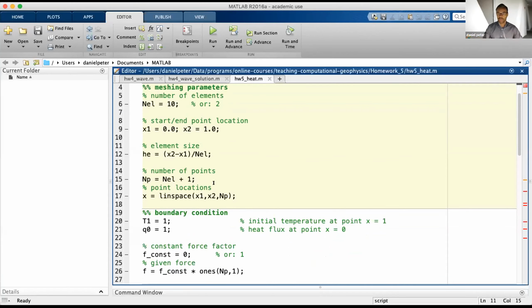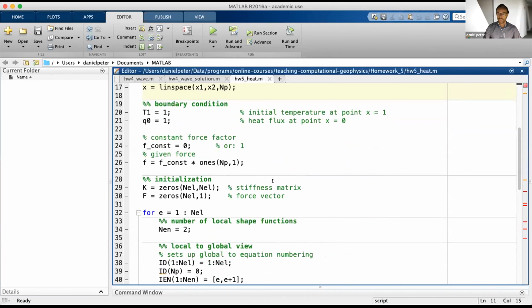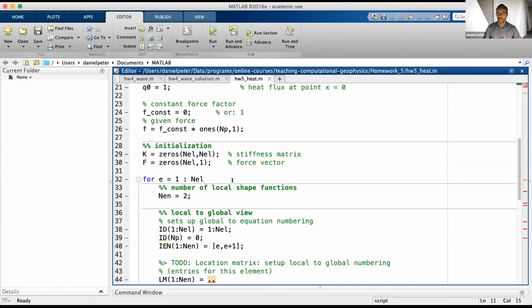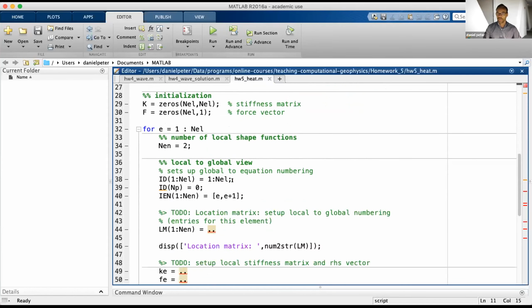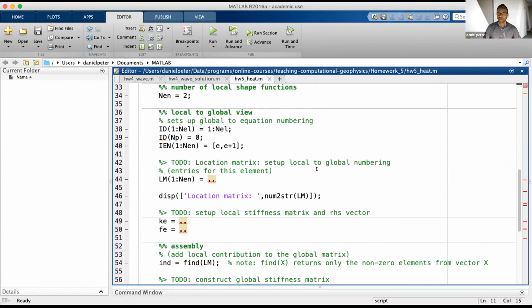Then it sets out again the discretization, number of points, and number of elements. We have the boundary conditions, the force factor is a constant, either 0 or 1. Can play around with that one. And then we have here the stiffness matrix and the force vector, and that's basically where you will then start